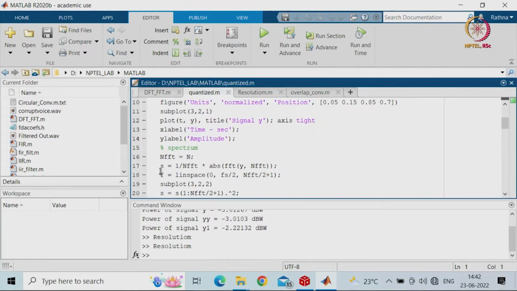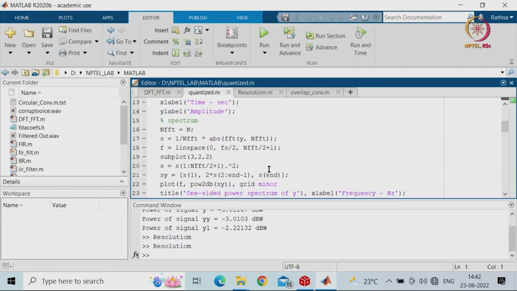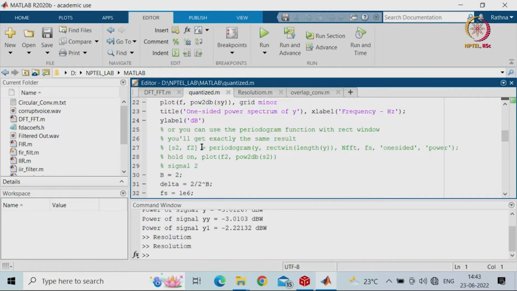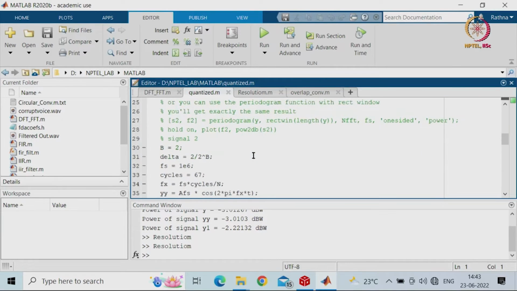Then you will be calculating NFFT as N point, and your S you are going to define as 1 by NFFT into absolute of FFT of y comma NFFT. Then your frequency, you will be seeing the linspace, the one-sided power spectrum of y. What you will be getting is the periodogram with the rectangular window which you are going to use for the y signal, and for signal 2 what you will be taking is